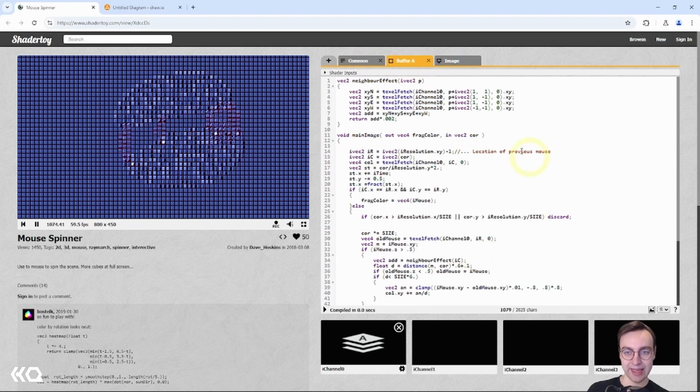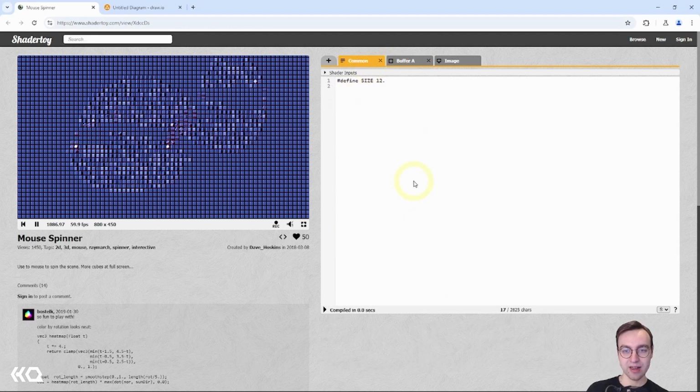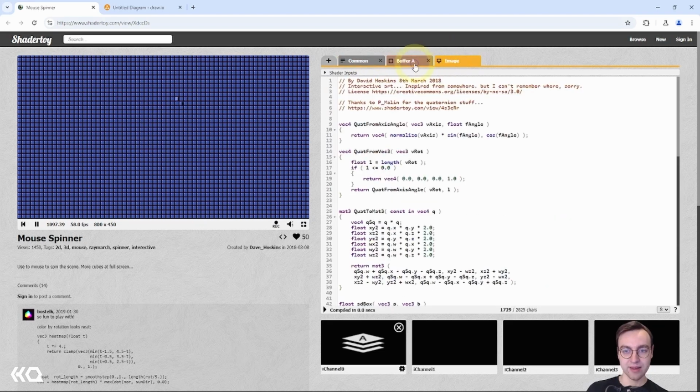The buffer A code is what takes the mouse input, does some math, and generates some data that is used to create these interesting rotations of all these cubes. And then we have a common tab, which has just one line of code, which defines a sort of global variable that is related to the size of these cubes,